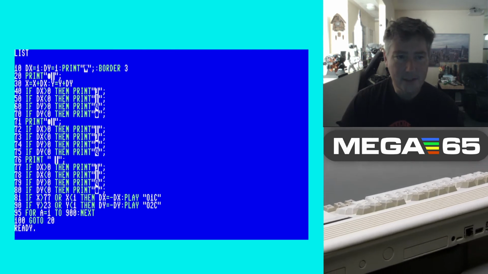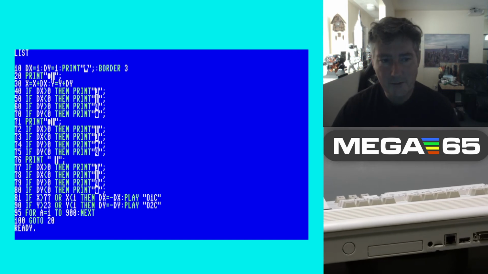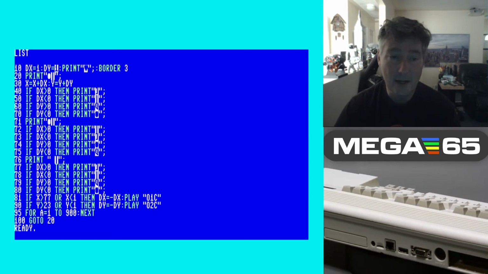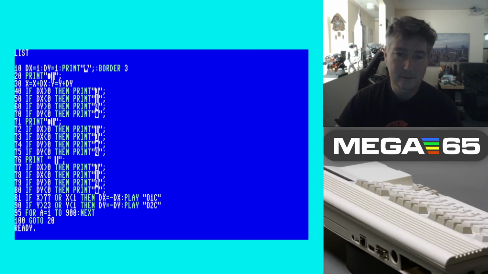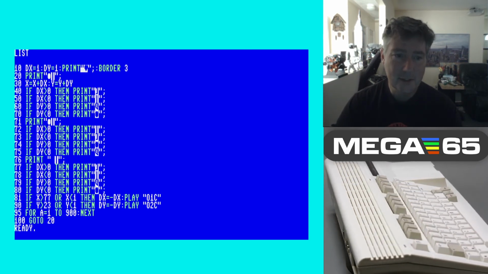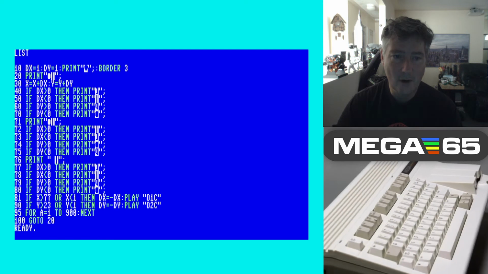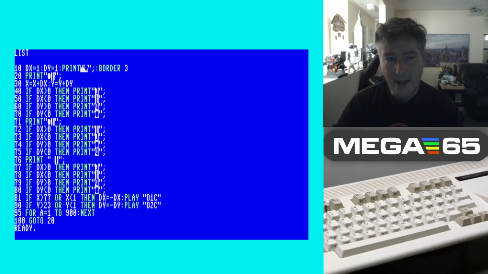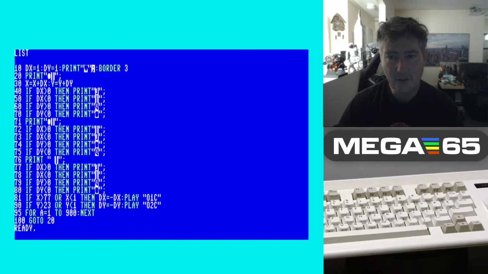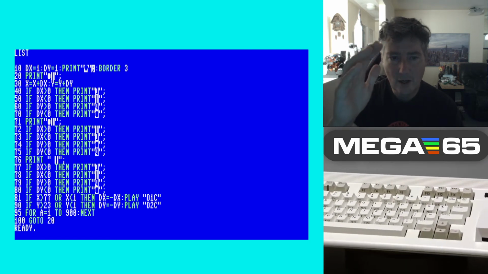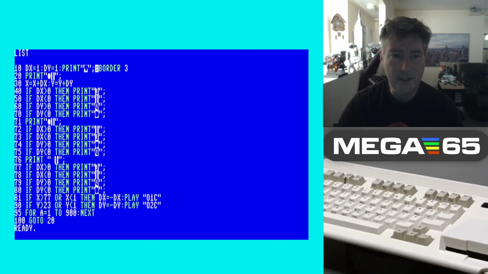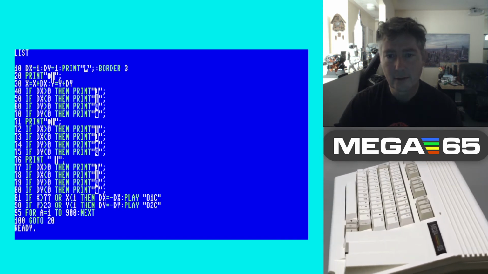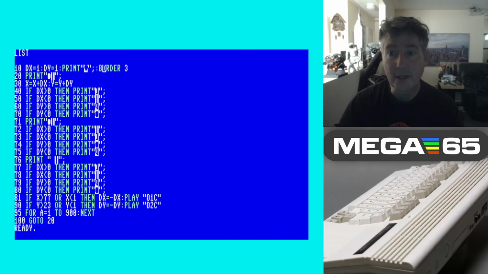So we initialize our direction of travel. Dx equals 1, we're moving to the right. Dy equals 1, we're moving down. So the diagonal. This command here, print inverted heart character, that is actually a clear screen. And with a semicolon, it leaves the cursor right at the top left corner of the screen. And then border 3 sets the border color to cyan, so you can tell where the edge of the